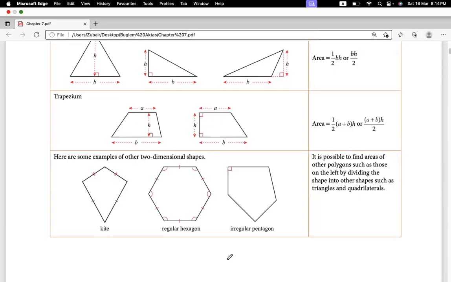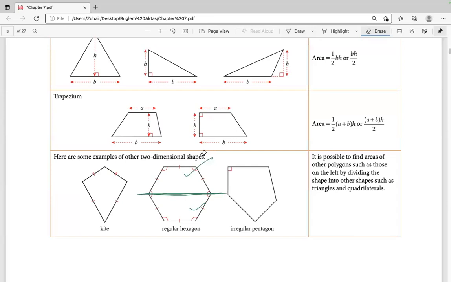Okay, some extra shapes. First one is kite, we discussed that. But when we look at a regular hexagon, there are 2 different approaches we can see. One, I'm splitting it into 2. Do you see 2 different trapeziums? Yes. So we can find this trapezium and this and then add them. One approach. The other approach is, because I know it is a regular hexagon, regular means all sides are equal